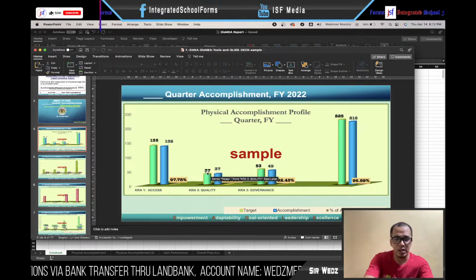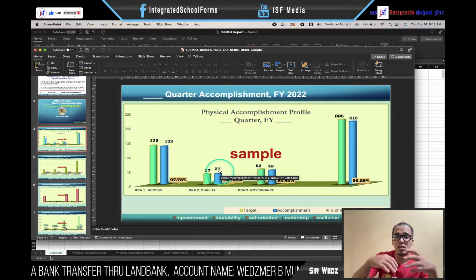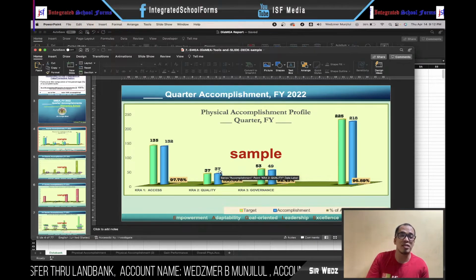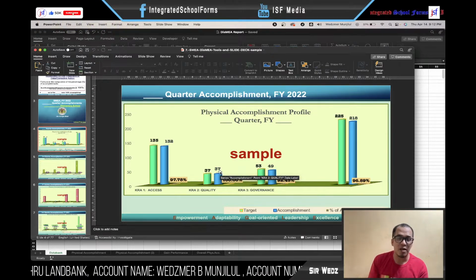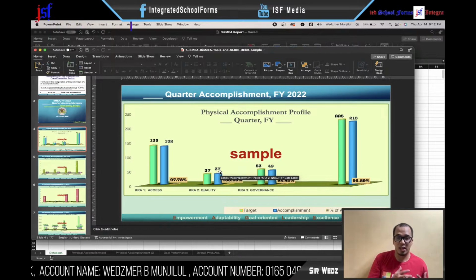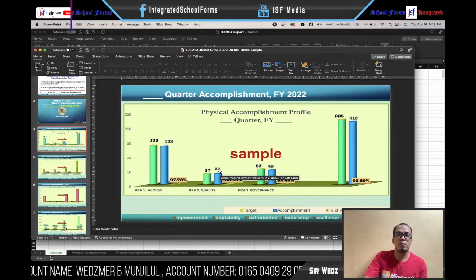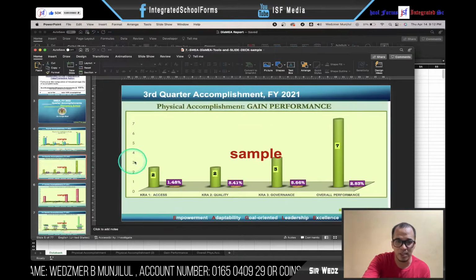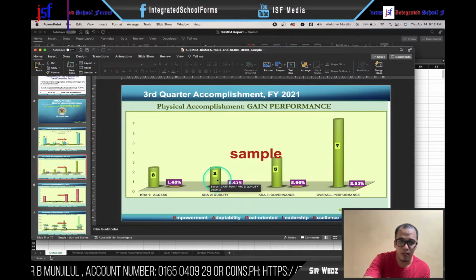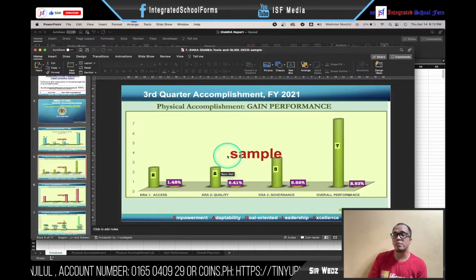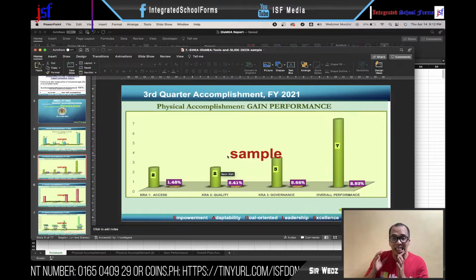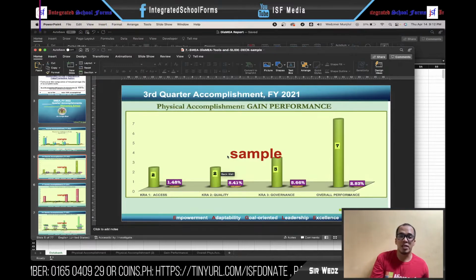So here we have 37 and 37, but it could be that the 37 achieved physical targets is not actually the total number accomplished, because there's a possibility that there is an actual gain. And if there is, then it will be represented in the gains graph. So this is the gains graph. For example, they indicated that there are actually 2 physical targets here in the gain performance. It means that the number of physical targets accomplished actually exceeded the total number of perceived physical targets